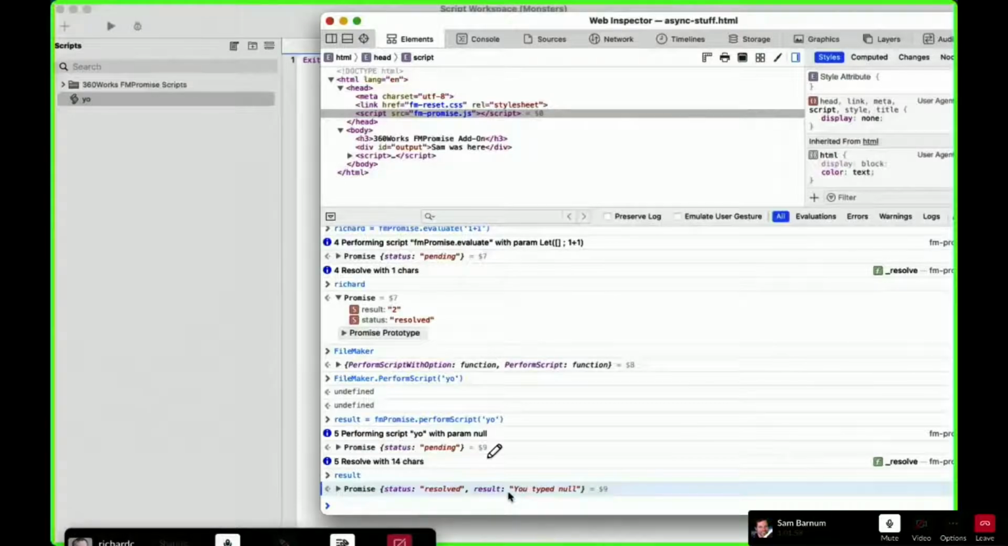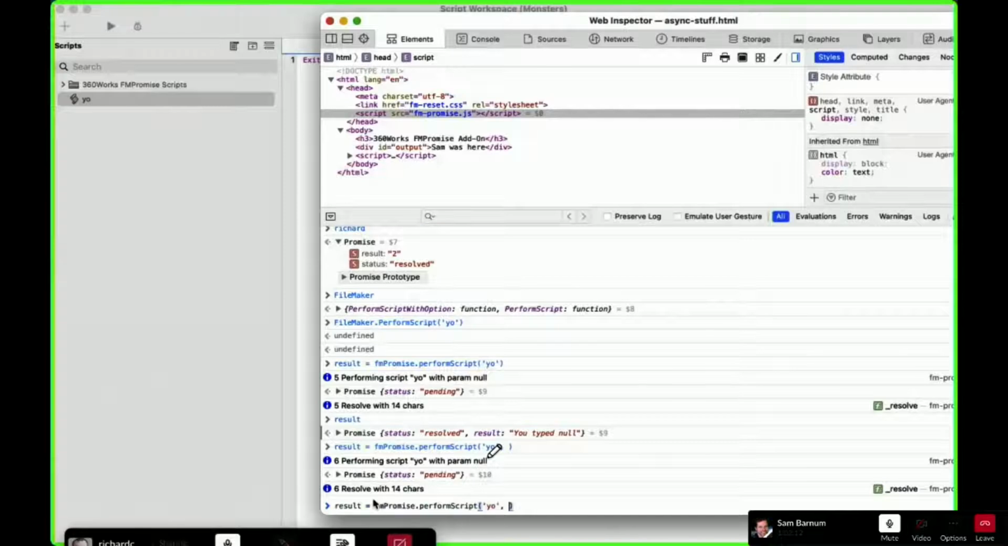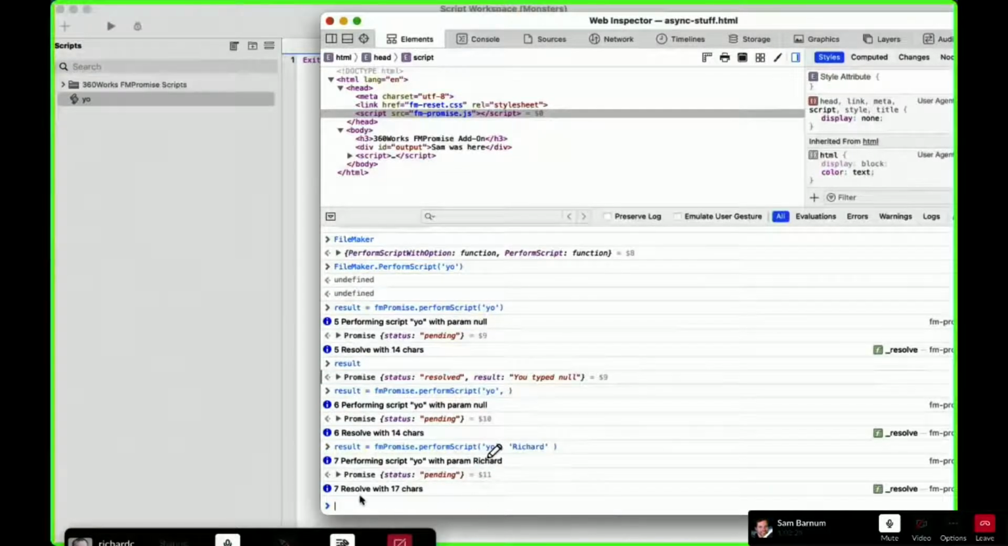The stacking, it doesn't actually ever get out of the script. Let me walk through what happens. We call fmPromise PerformScript Yo, and then we can pass an optional parameter. Yo, Richard. So the second parameter is the script parameter that we want to pass to the script. And then the result